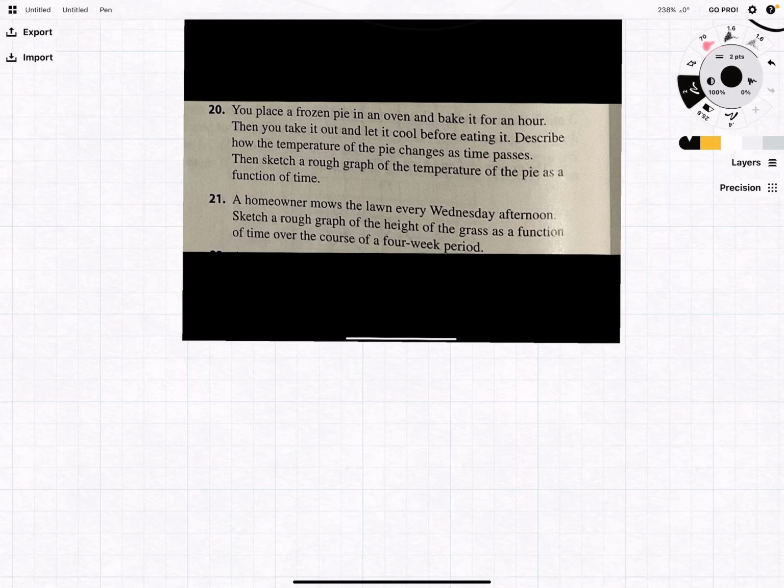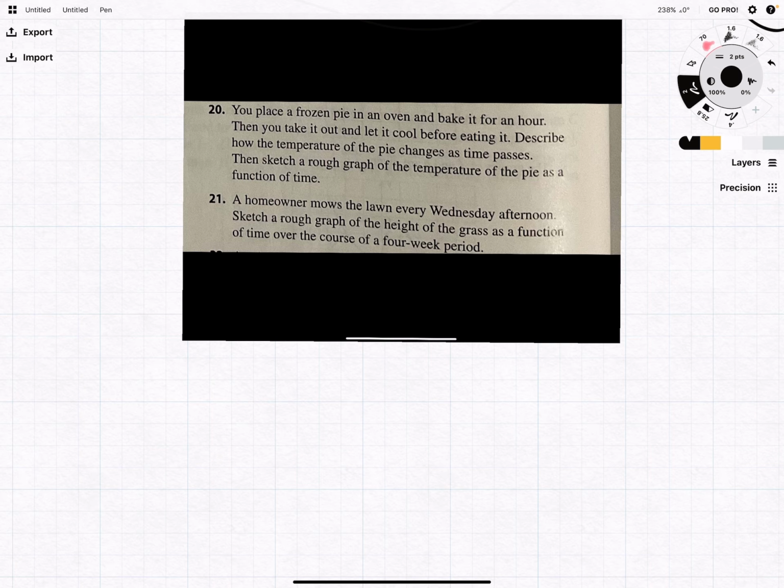These two problems are also similar. Well, I guess before we get into it, I'll specify this is Stewart Calculus 8th edition, section 1.1. We've got problems 20 and 21. They're similar to that previous video with 16 through 19, where it just says to describe a scenario and sketch